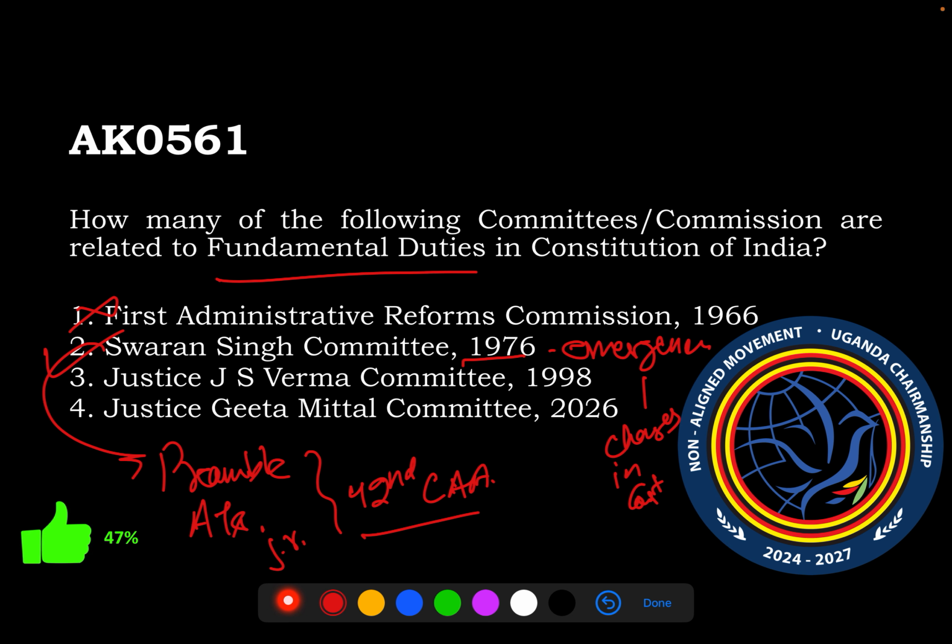Third is Justice J.S. Verma Committee, Jagdish Sharan Verma Committee, 1998. Actually, it should be 99, but that's okay. It was appointed in 99 in response to a 1998 Supreme Court direction to formulate a plan to educate the citizens of India about their duties. J.S. Verma was earlier the Chief Justice of India, and the committee identified that many duties already have statutory